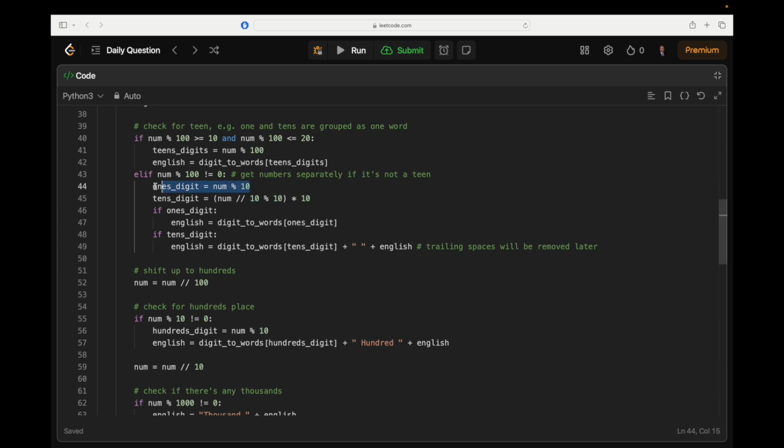And if so, we check for a ones digit by getting modulo 10, and then we get a tens digit by getting the number divided by 10. Is that right? Yeah, the number divided by 10. So we shift it down, we get rid of the ones place, and then we do the modulo 10 of that, and then we do times 10. There's probably a quicker way of doing that, but that's just the quickest way to isolate the